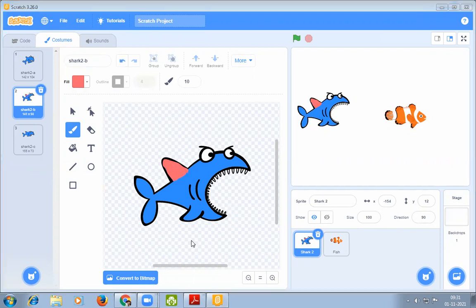The costume gets changed a little bit. I can also change this portion. Look carefully how I am doing it.